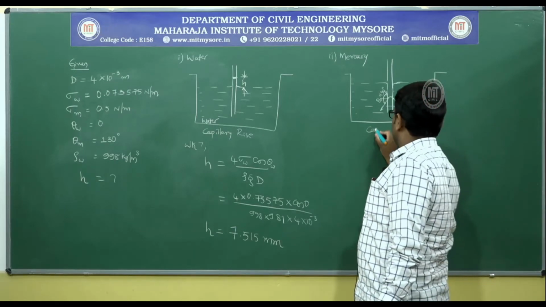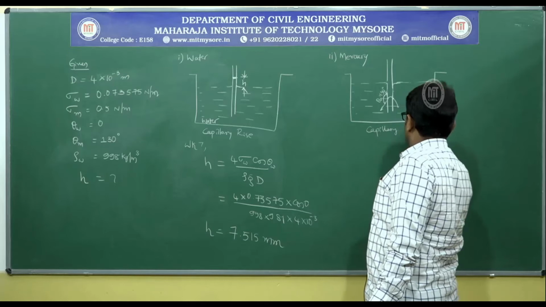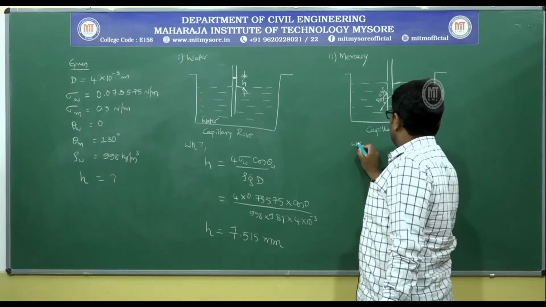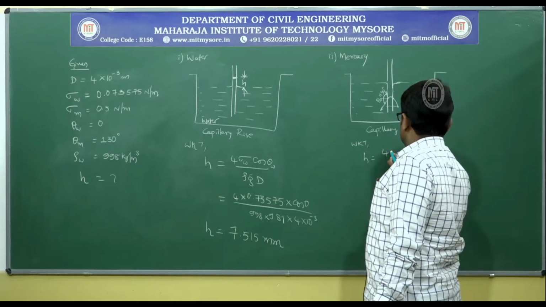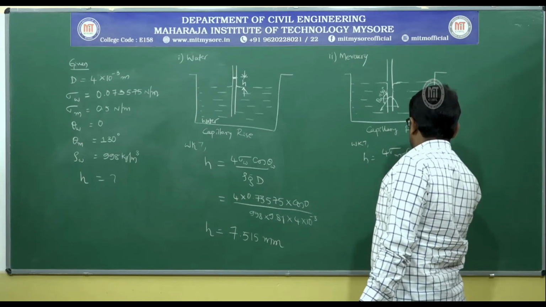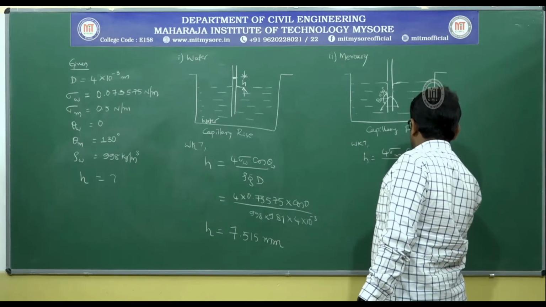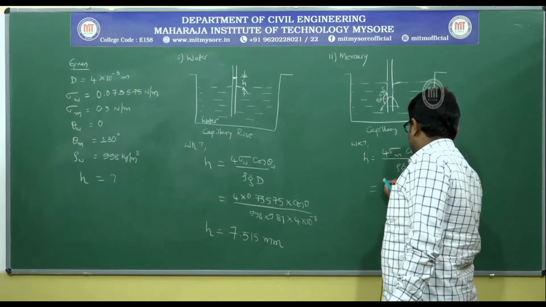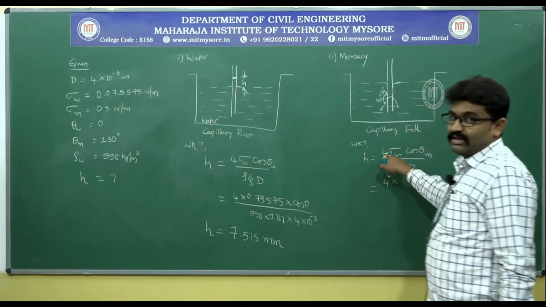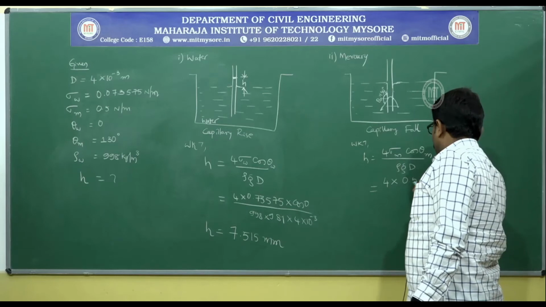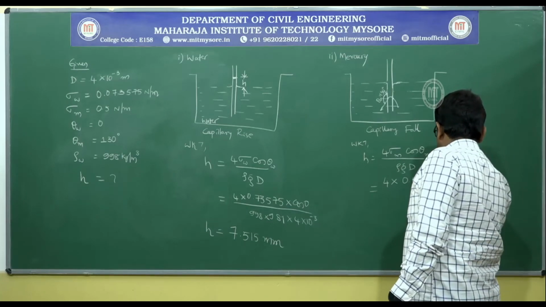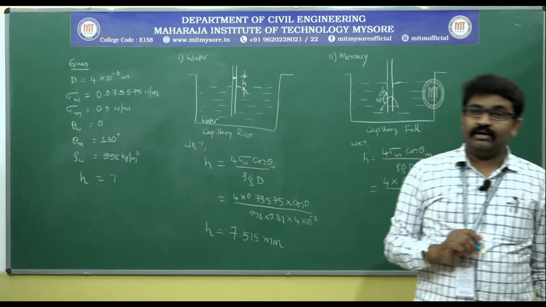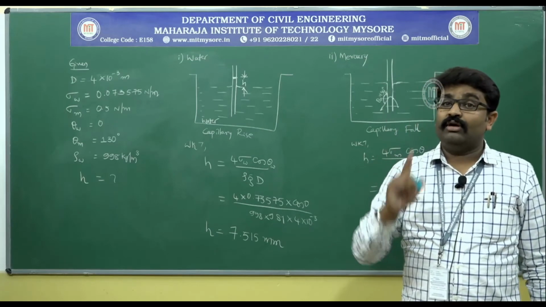Now, it is capillary fall, but the equation remains the same. We know that H is equal to 4 sigma mercury cos theta divided by rho g d. This also has to be theta of mercury. So, what are we left with? 4 into the surface tension of mercury with air, which is given to be 0.5, into cos 130 divided by rho, very important, rho of what? It has to be rho of mercury.